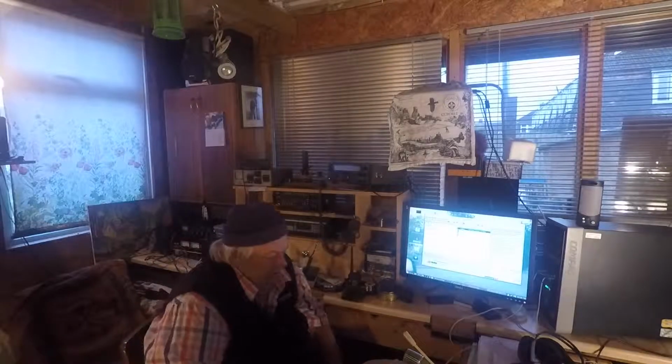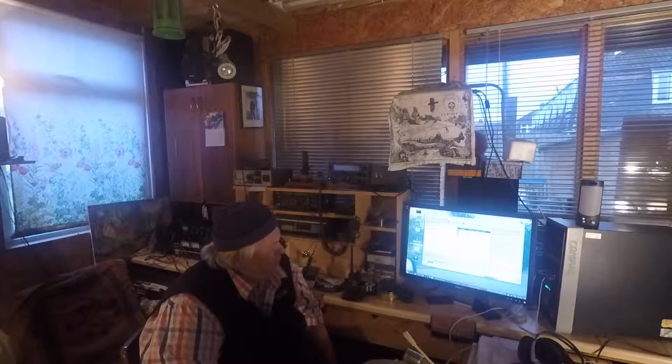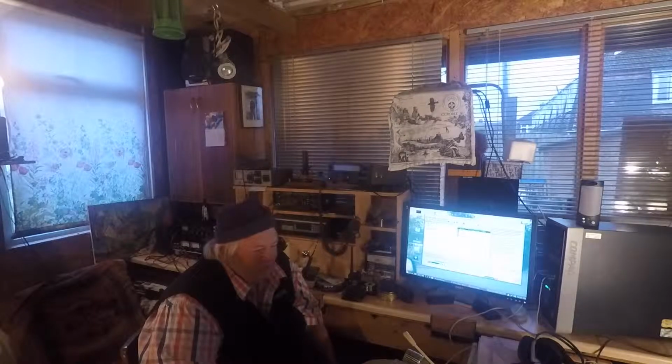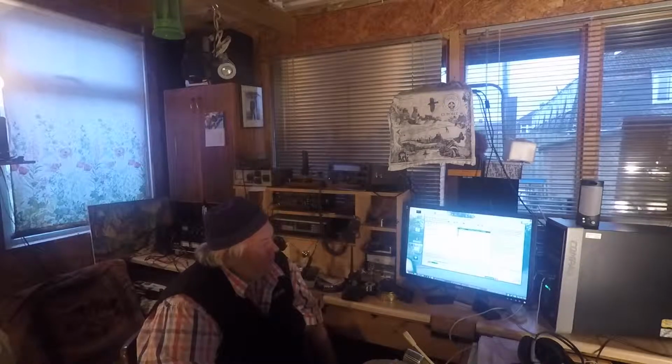There are other systems that operate as well throughout the internet, but this is dedicated to amateur radio, and you have to have a license to be a participant, and without that, of course, registration, you're not allowed to use it. And so we do maintain radio protocol, as you would expect, and try to respect the other operators and anybody else that may be listening. Occasionally, of course, we do forget ourselves, and we may lapse into the vernacular, as the saying is. So that's just a brief resume of Echolink. I will be terminating the video now, and that will be my demonstration for later use,